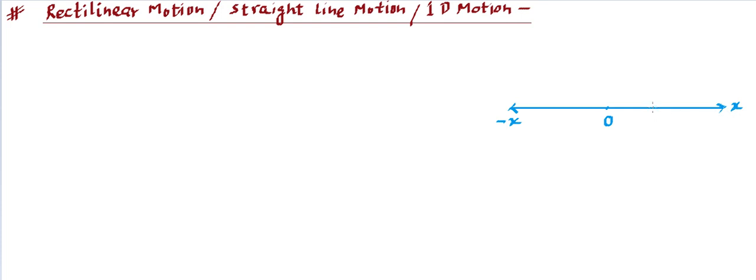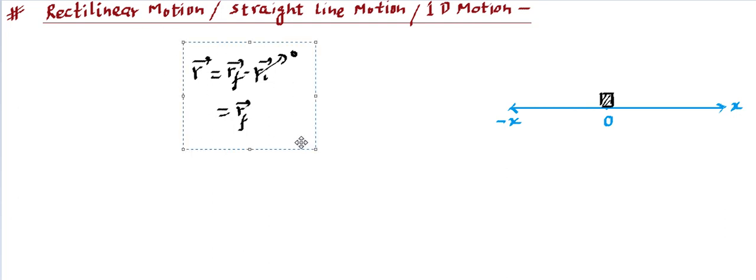Moreover, the particle will be starting from somewhere. From where it is starting, we can choose that point as the origin. So these are the two freedoms for us to choose from. One, we will choose that the particle is initially at the origin. That's our choice. Why? Because if we choose the origin as our initial position, then writing the displacement is going to be quite easy, right? Because we know the displacement is basically final position minus initial position. If we consider this initial position as the origin, life becomes easy because this is simply one variable, one number that we need to deal with. So that's what we are using over here.